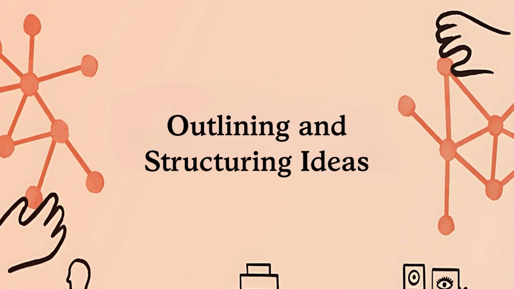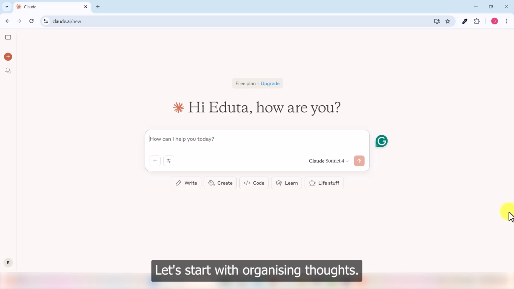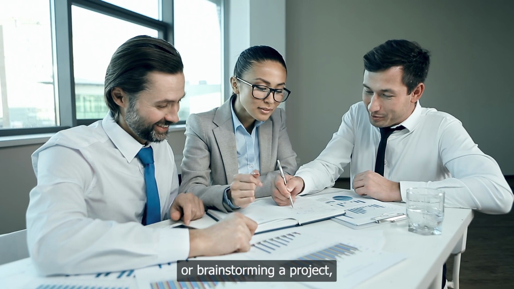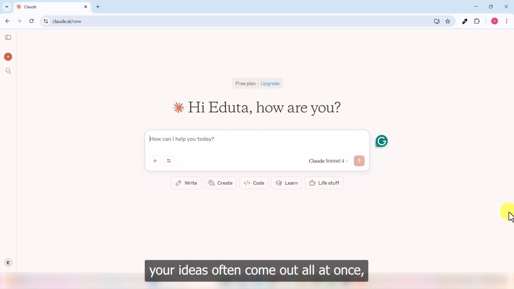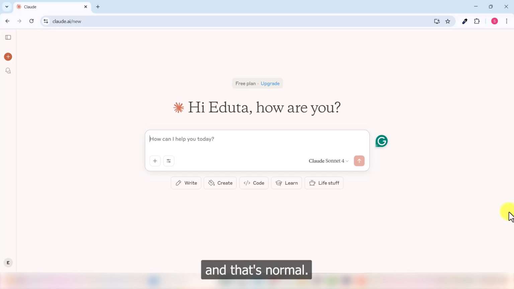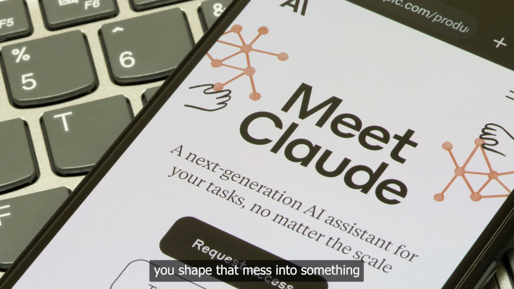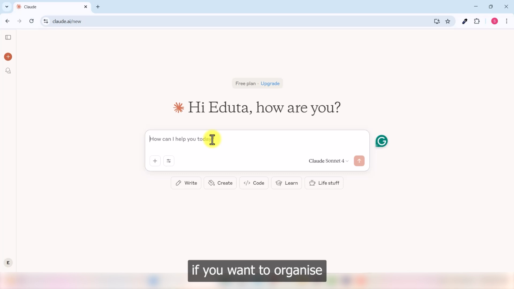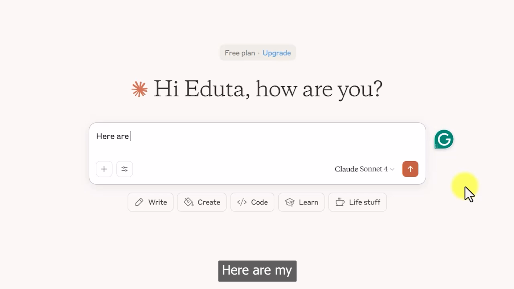Outlining and structuring ideas. Let's start with organizing thoughts. When you're writing an essay, preparing a talk, or brainstorming a project, your ideas often come out all at once, and that's normal. Claude can help you shape that mess into something you can actually work with. For example, if you want to organize the rough points that you have written, then you can just write a prompt in here as, here are my main points for a paper on